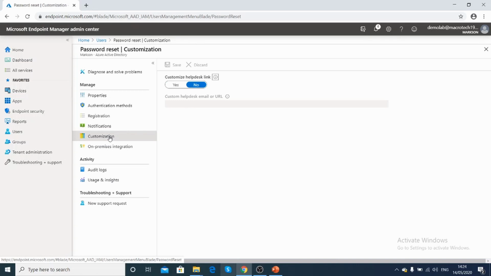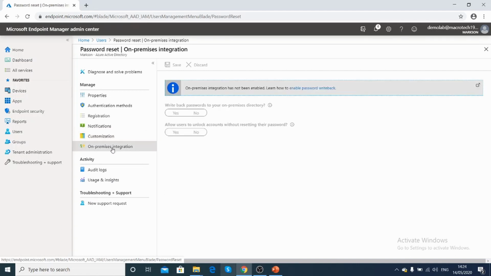You can provide a separate URL to the user with a specific ID so that they can access a portal URL, and from there the password reset will happen. So on-premises integration is very important. You need to enable this password writeback. For enabling it, AD Connect should be connected between AD on-premises as well as